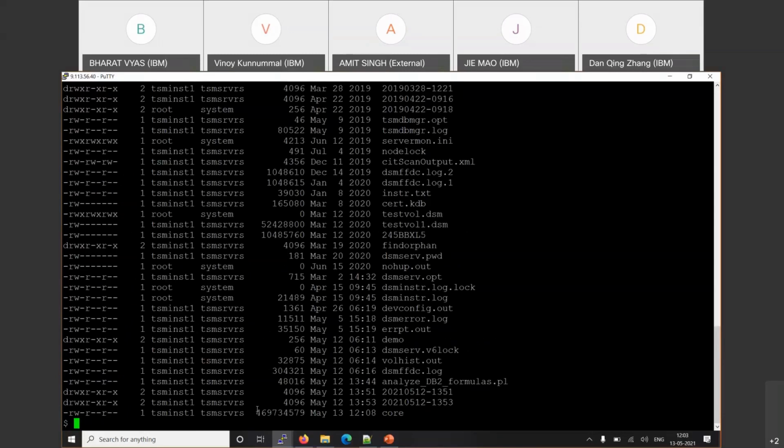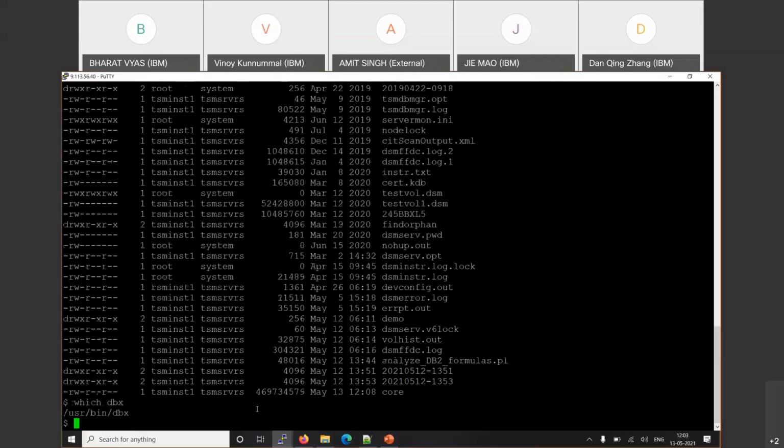Now I need to first verify whether I have the dbx utility or not. So for that I will run which dbx and it shows me the path. It means I have the dbx utility. Otherwise you will receive an error message that dbx is not found. In my case dbx is installed on my AIX box.